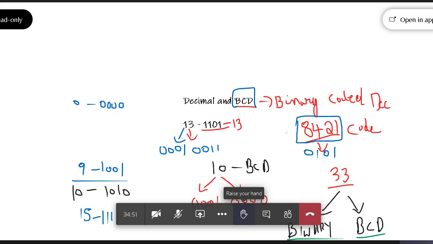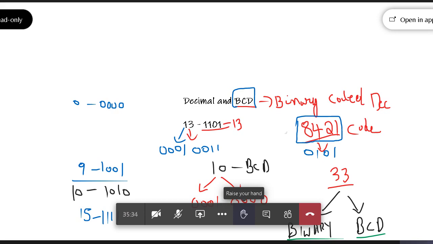So that is nothing but 100001, right? So basically you can see it here. If you take the count also, 8421, we know that. This is 16, a multiple of 2, again this is 32. So that is nothing but 100001. Now if I represent this in BCD, how many digits do you need? 8. So basically it is nothing but 0011, again 0011. So this is the basic representation of BCD.